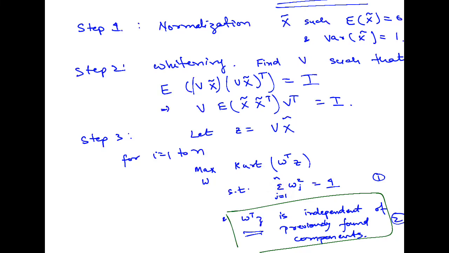But that every entry is 1, that will be n. No, not Wj. The diagonal of W transpose W would be equal to 1. And there are 2 parts of it, right? One is the diagonal entries are 1, and the other part is the off diagonal entries are 0. So this constraint ensures that the diagonal entries are 1. Here W is a vector, it's not a matrix, right? We are doing it one component by one component. And this constraint ensures that the dot product of the off diagonal entries is equal to 0.